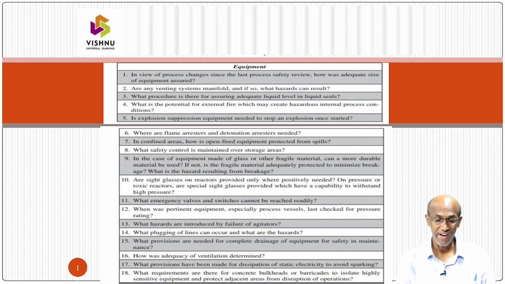What provisions are needed for complete drainage of equipment for safety in maintenance? How was adequacy of ventilation determined? What provisions have been made for dissipation of static electricity to avoid sparking? What requirements are there for concrete bulkheads or barricades to isolate highly sensitive equipment and protect adjacent areas from disruption